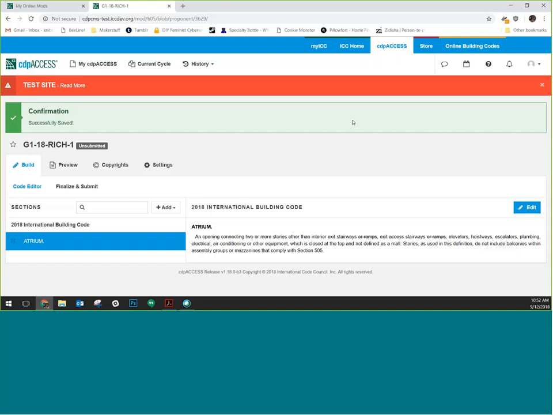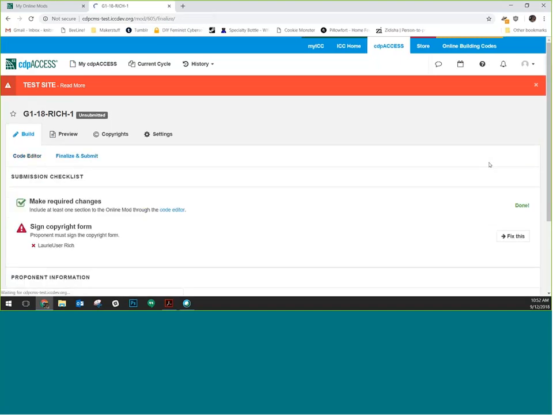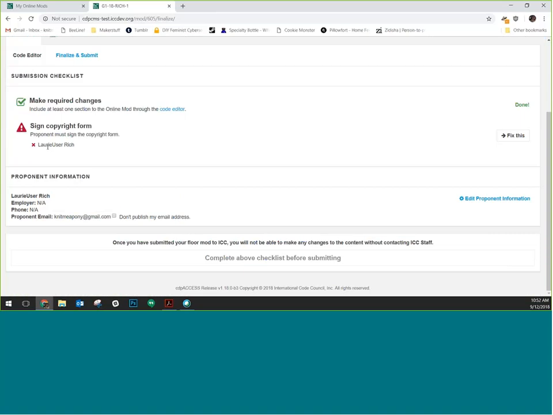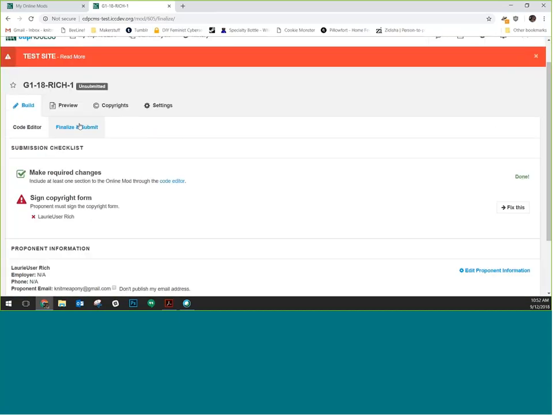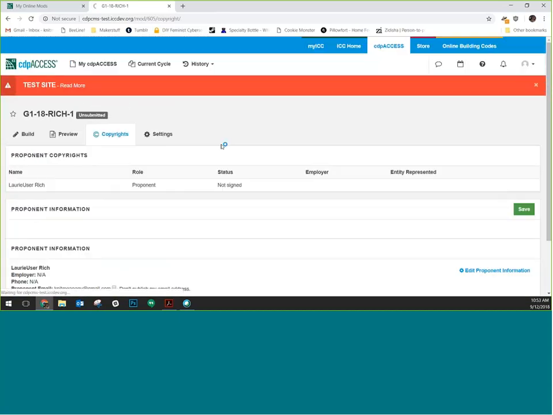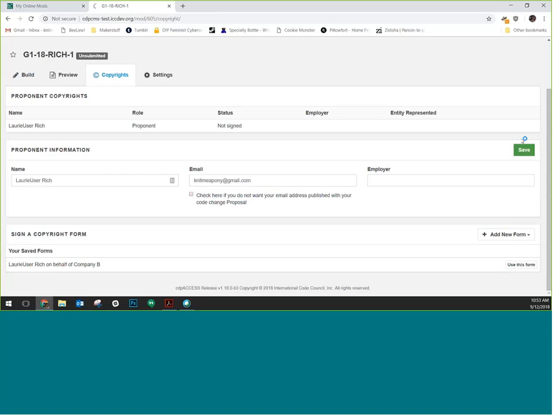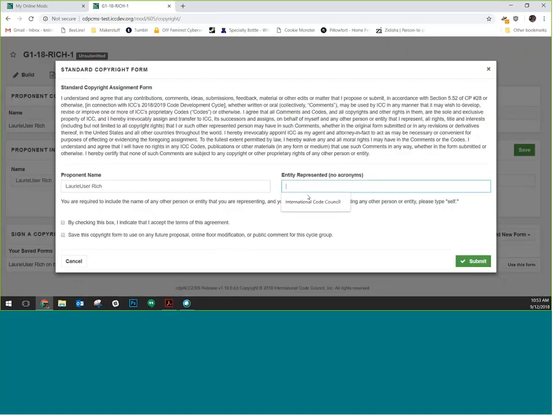Once I've created that quick and simple change, I go to finalize and submit. I've got to have a copyright form signed. Just like with code sections, if we don't have that copyright release form signed, we can't necessarily publish the change you've made. So I'll go ahead and go to copyrights. I'll go ahead and add a new form. Now, this is because I'm on the test server,